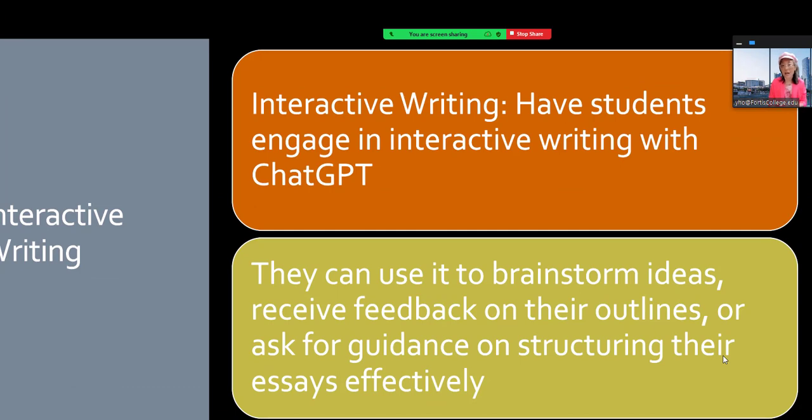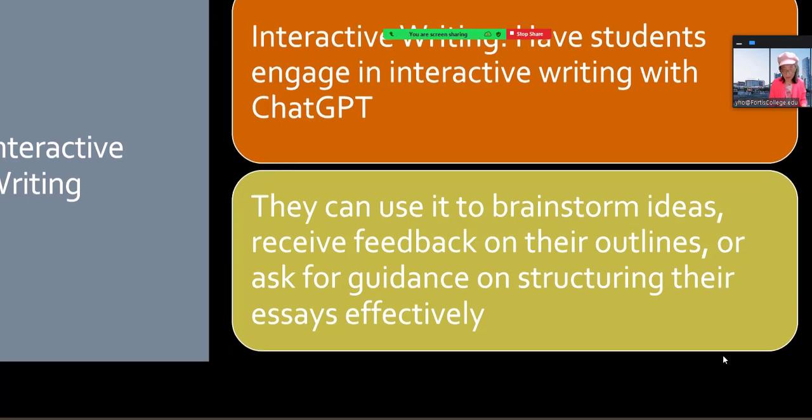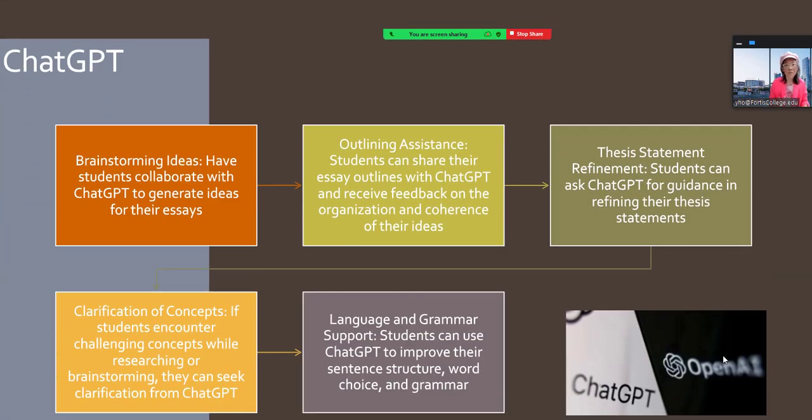Interactive writing. Have students engage in interactive writing with ChatGPT. They can use ChatGPT to brainstorm ideas, receive feedback on their outlines, or ask for guidance on structuring their essays effectively. And so you can use ChatGPT to brainstorm ideas, have students collaborate with ChatGPT to generate ideas for their essays. Outlining assistance: students can share their essay outlines with ChatGPT and receive feedback on the organization and coherence of